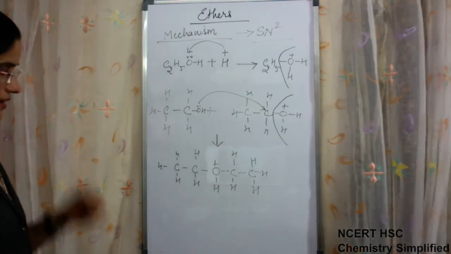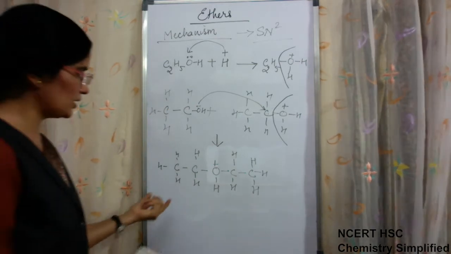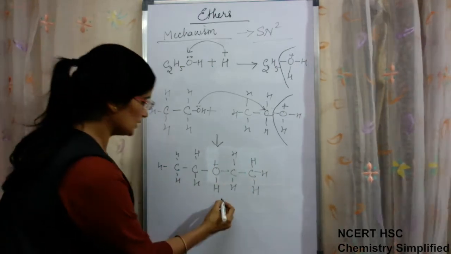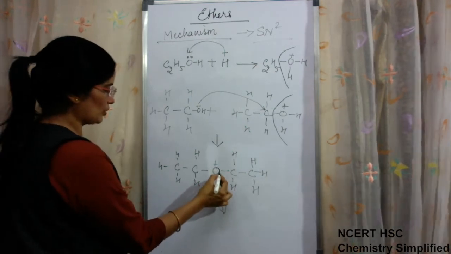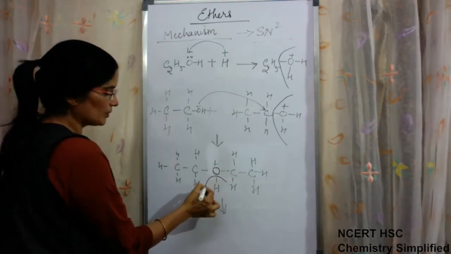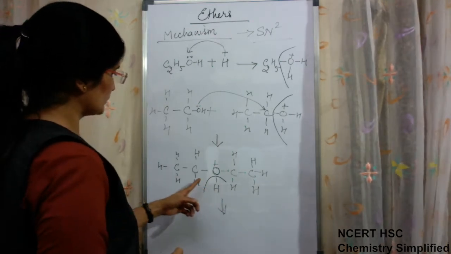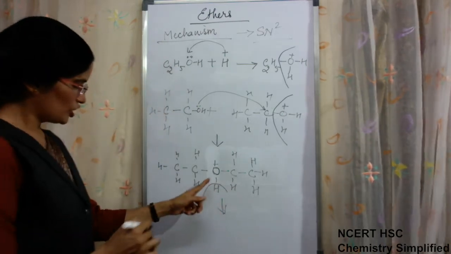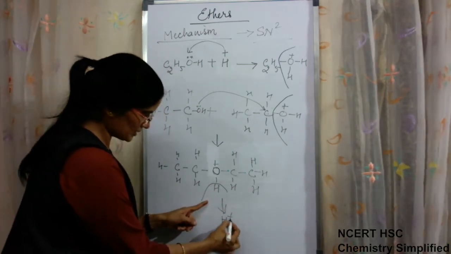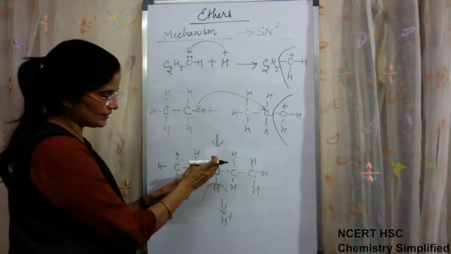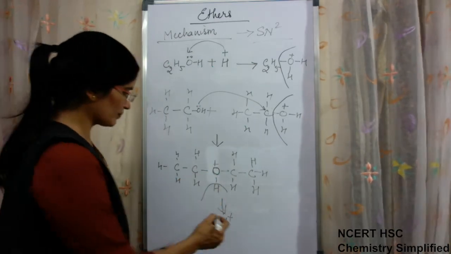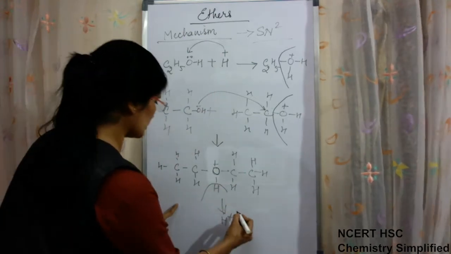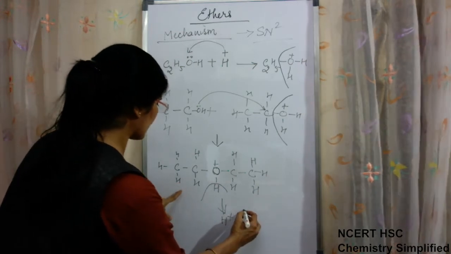Okay. Now this is the next step. In the next step again the molecule is not stable until the charges are neutralized. So in the next step this H will leave the molecule, leaving this bond, so that H will be lost as H positive, and because it is leaving this bond, the positive charge of O will be neutralized. Catalyst in the beginning, at the end regenerated again, and the product is H positive as a byproduct.